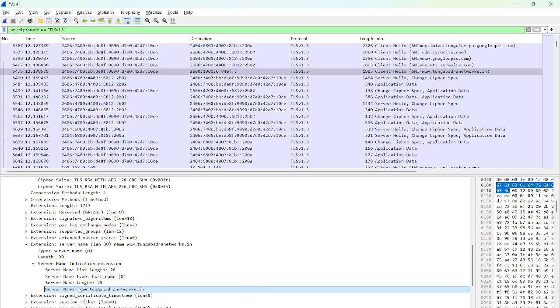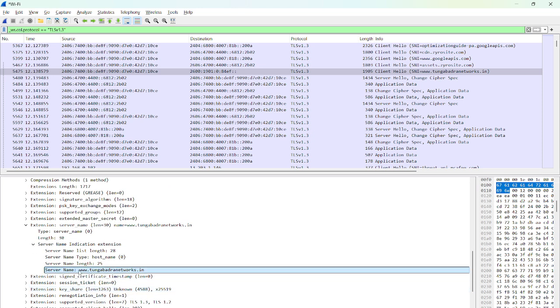See here, I browsed www.tungabhadranetworks.in, so from this server name you can identify this traffic belongs to tungabhadranetworks.in. And this is the one major question that most of the interviewers are asking.